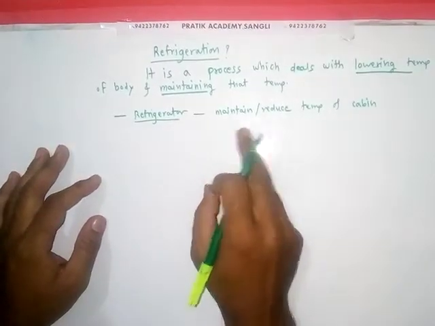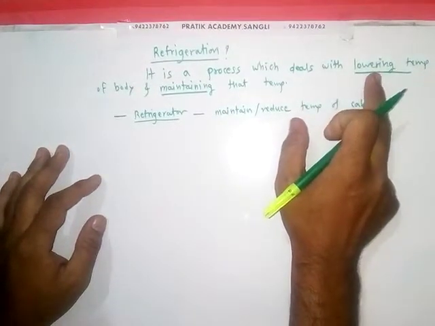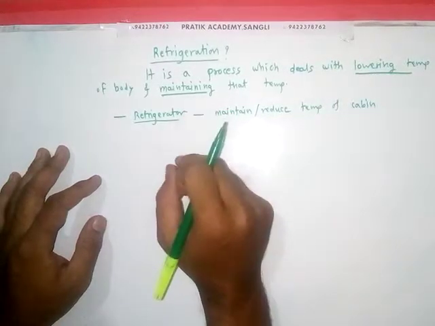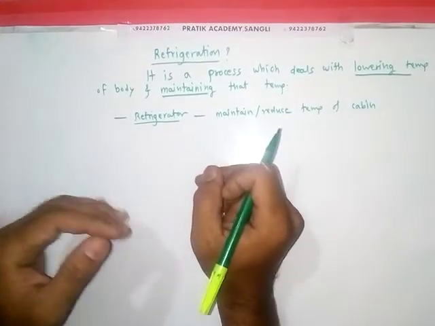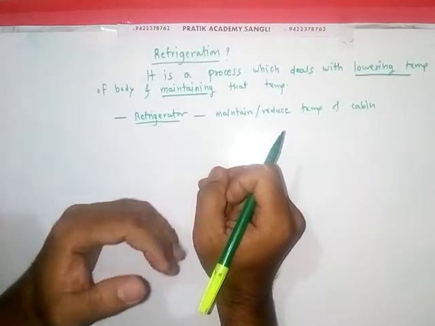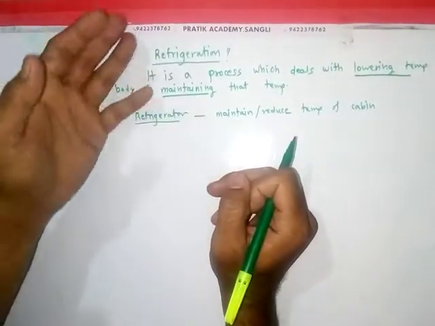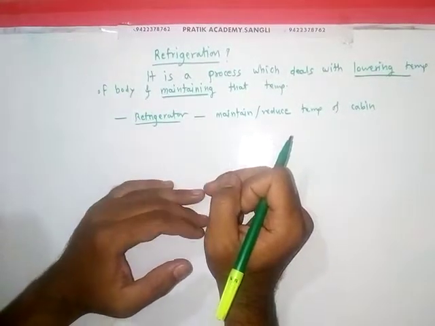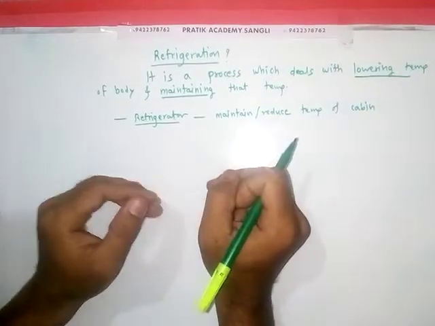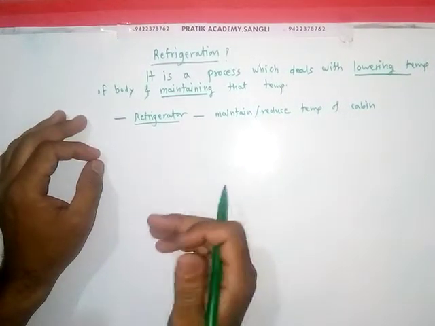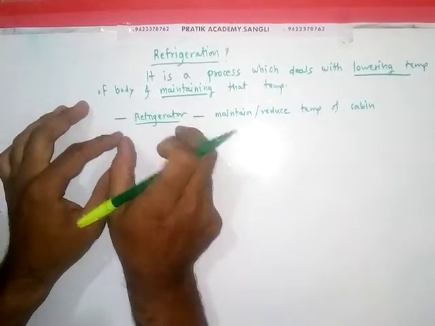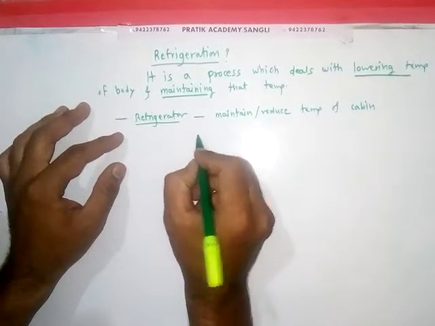Now we have to lower the temperature in the case of refrigeration, so for that purpose we require to remove heat from the cabin to the surroundings so that the temperature will be lowered. So that means refrigerators remove heat from a body,